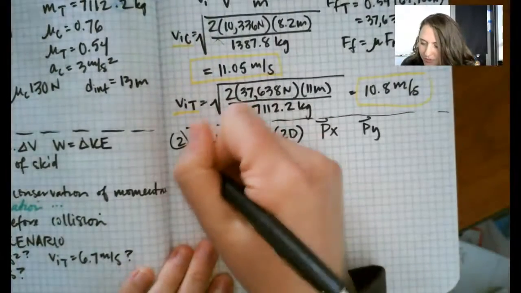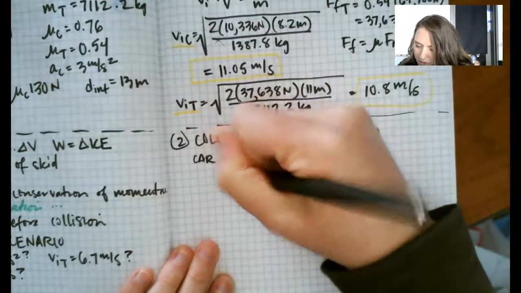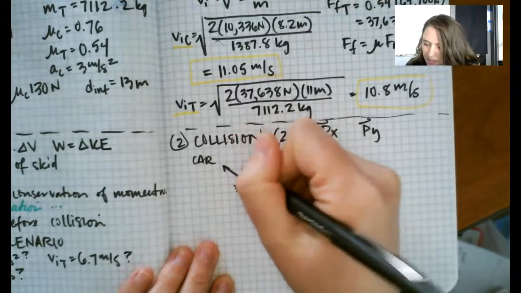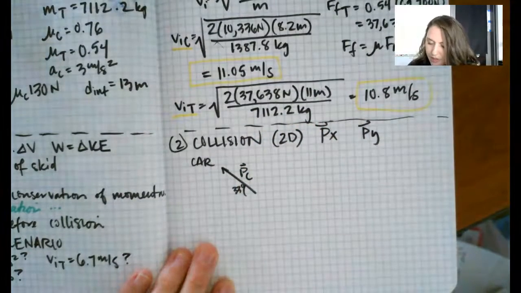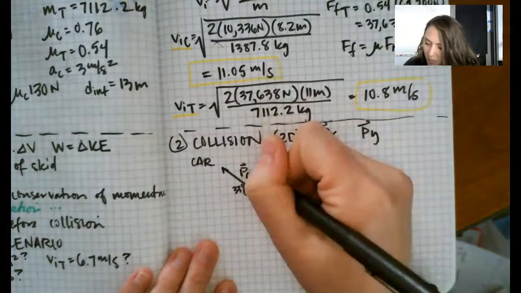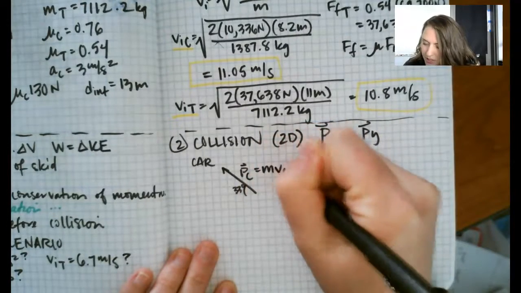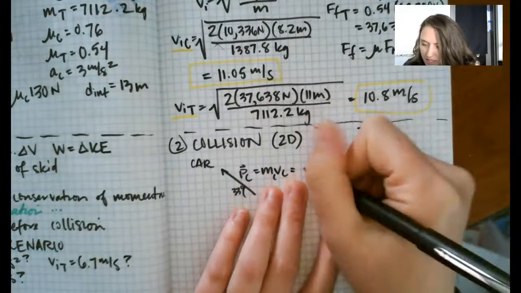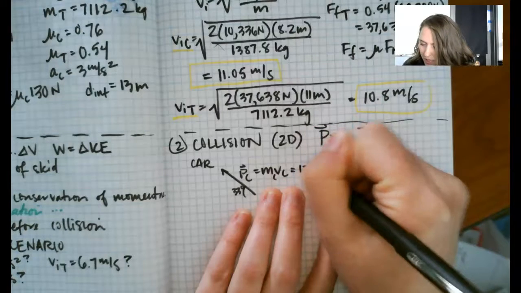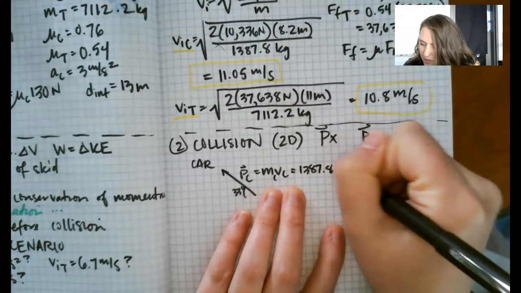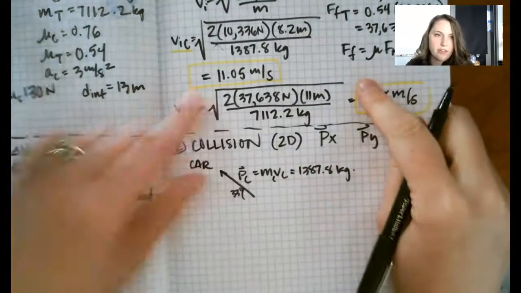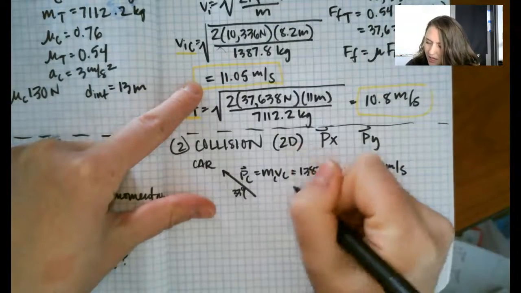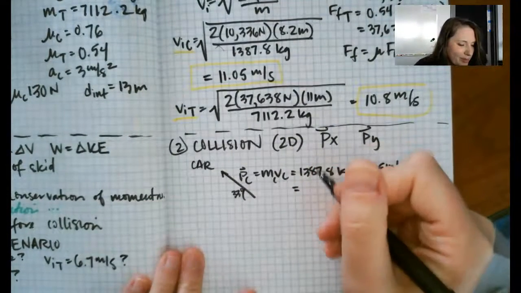So let's do the car first. The car is flying off here. I've got a 33-degree angle. I know that this is the momentum of the car after the collision, and that momentum is equal to mass times velocity. So we've got the mass of the car times the velocity of the car. Well, that's easy enough for me to calculate. 1,387.8 kilograms times the velocity of the car. I found it right up here, 11.05 meters per second. And when I plug that in my calculator, I get a number which is